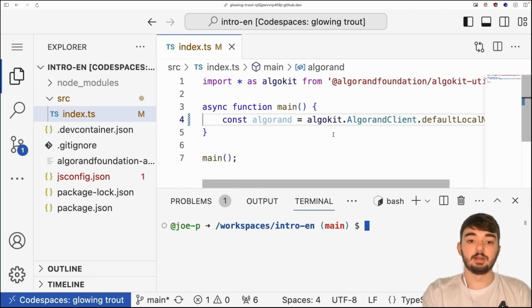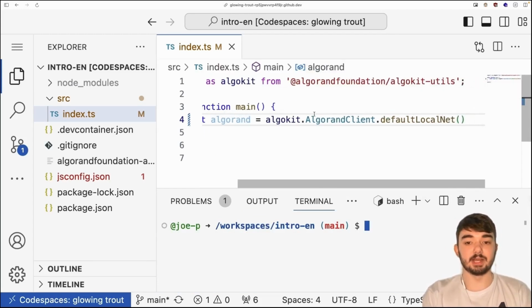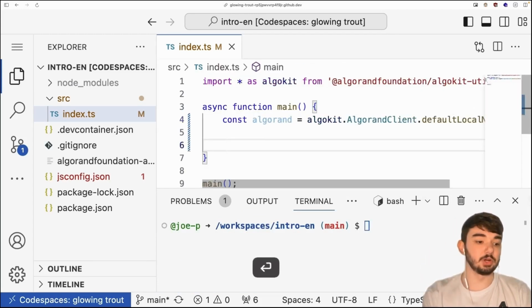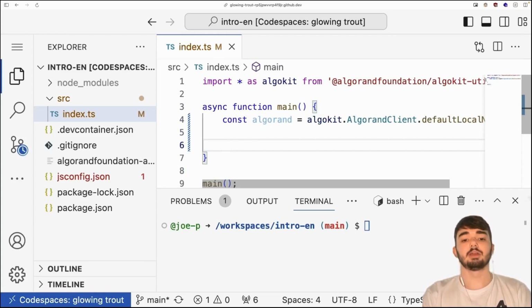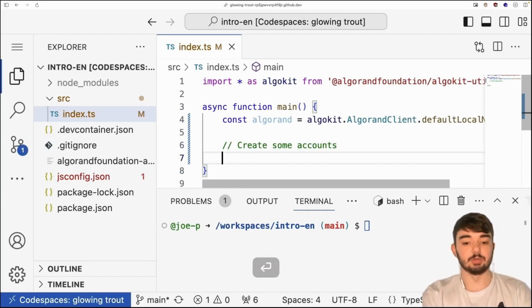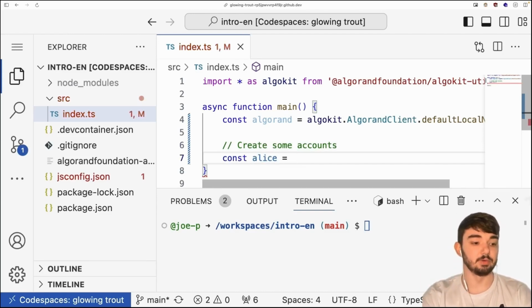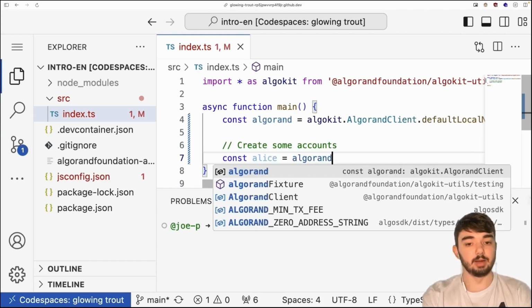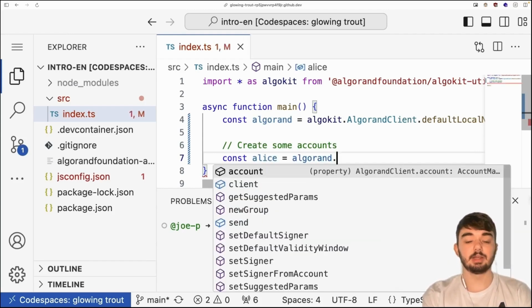Now that we have this Algorand client, we can start doing Algorand things. And the first thing I want to do is create some accounts. I'm going to create 2 accounts here. I'm going to say const alice. So I'm going to make one account called Alice, and I'm going to use my Algorand client. The Algorand client is split up into multiple different properties that contain different things.